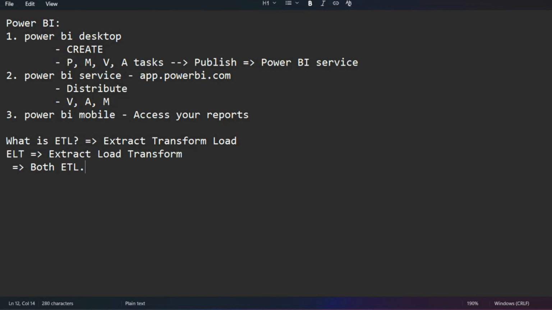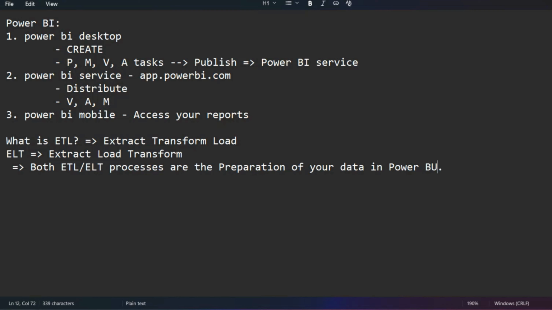Both ETL and ELT processes are the preparation of your data